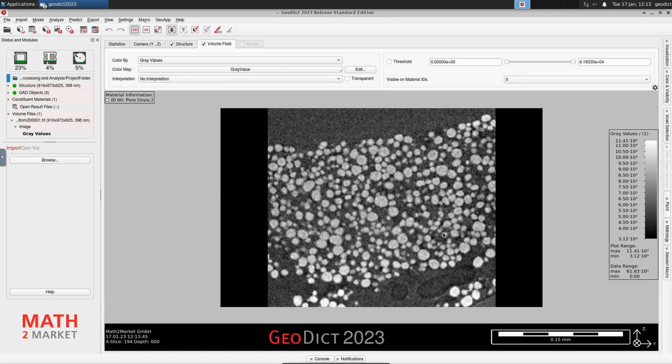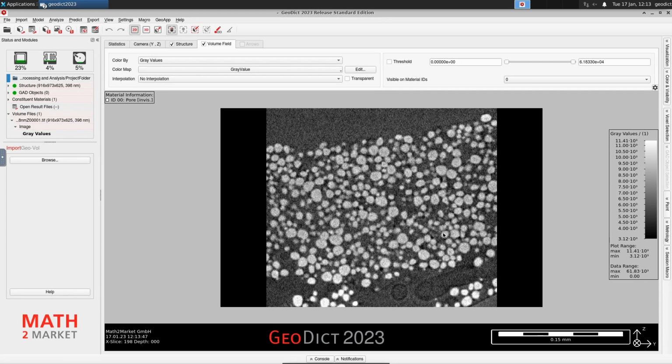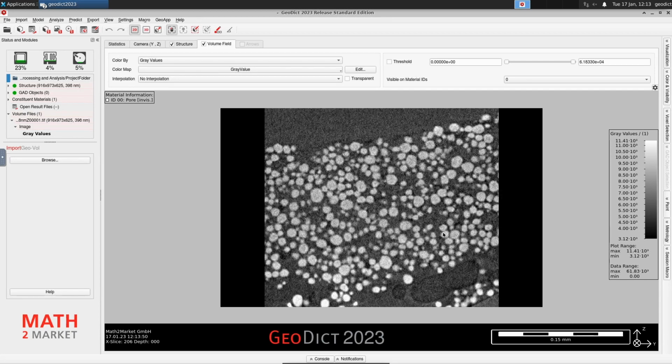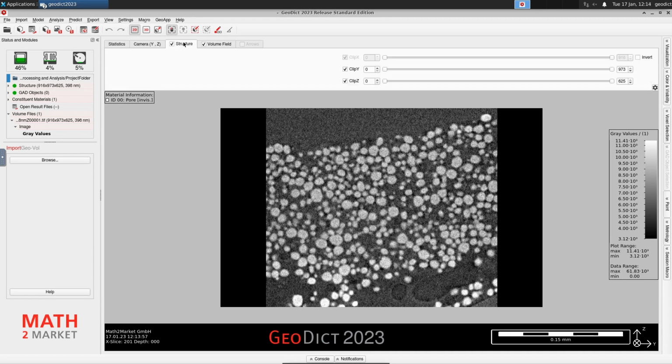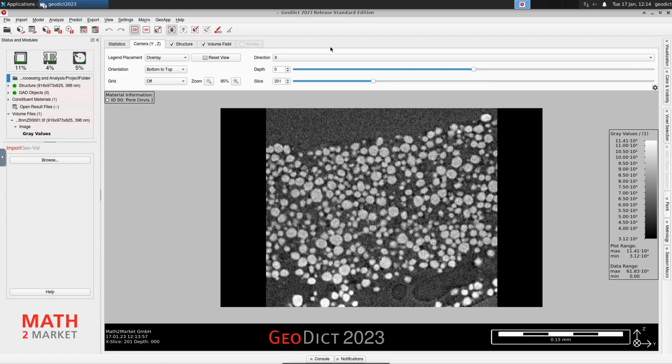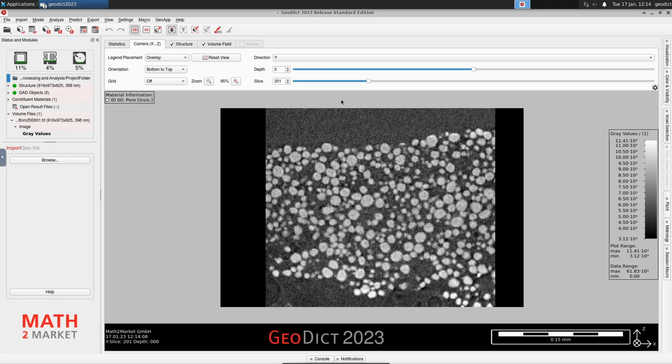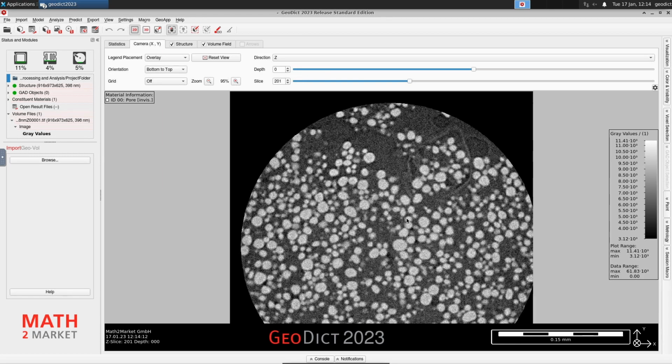For the 2D view here, you can now still scroll through the structure, and you see a lot more than before. But you could also select the directions from which you see the structure, which was first selected for the X direction. You can change that to the Y direction, for example, or Z, if you want to see the structure from top. And that's it mostly for the 2D interface.